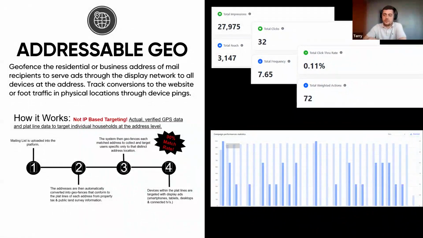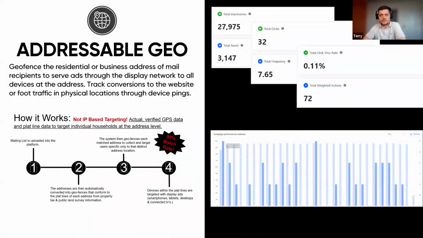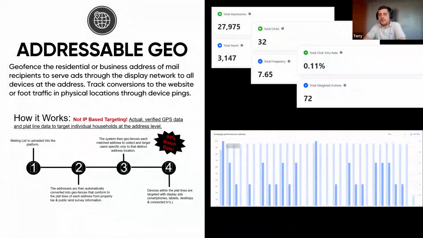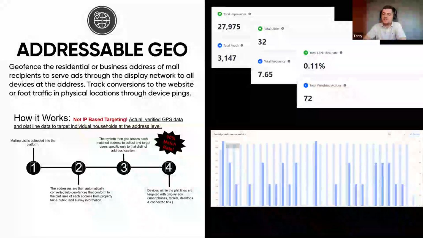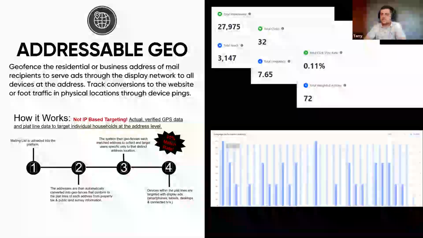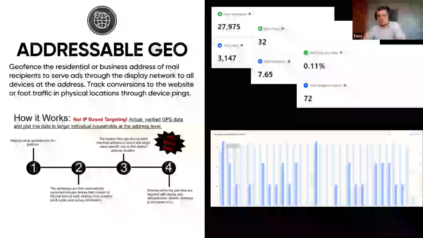Okay, this is us actually using verified GPS data, like publicly available information, for example, latitude and longitude lines of an address, to map out these addresses and serve up those ads across these different display networks. Also, the reporting is very comprehensive. So we can see high level reporting, like the total number of impressions to that audience, how many devices we were able to reach within those households, total clicks, click-through rate percentage, average number of impressions displayed to those devices,